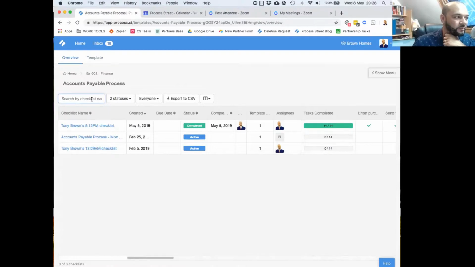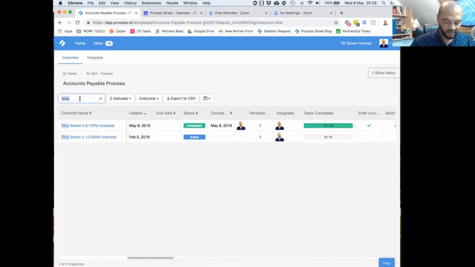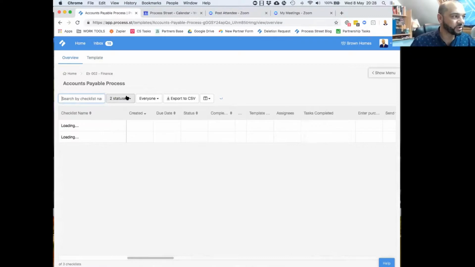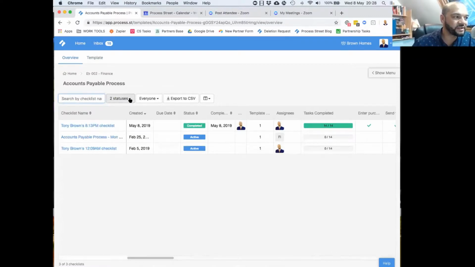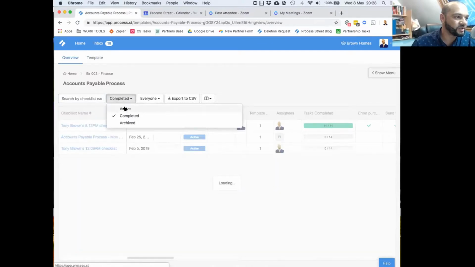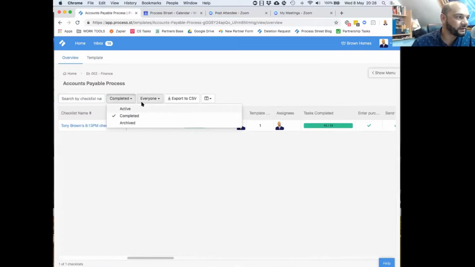I'm assuming within your organization, you'd have a standardized naming format for each checklist, based on whether it's your client or whatever process, whatever format you choose. You could just search for them. So if we just type in here Tony, it will pull up any checklist with my name in it, and then you can also filter it down by status. So if we only wanted to see completed checklists, we could just click that, and it will only show us